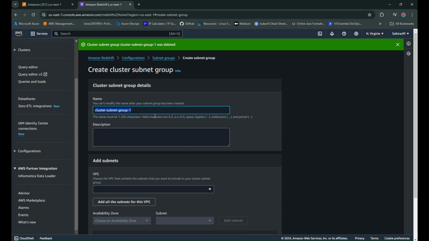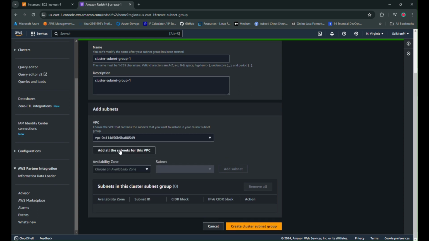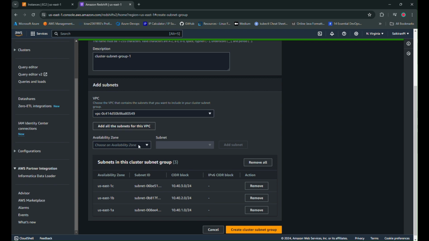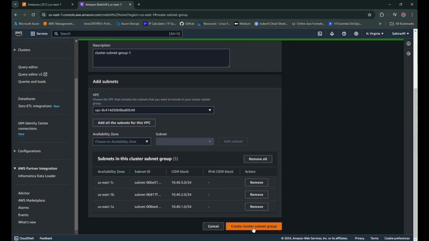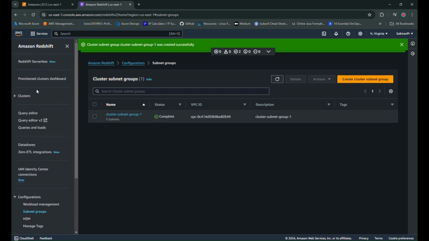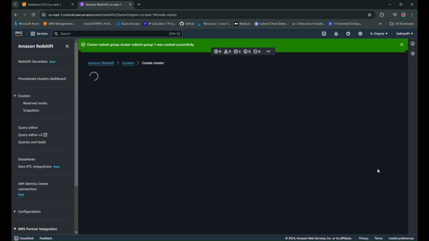Leave the name as it is. Make sure you're pasting the description and selecting the VPC. Allowing it to all subnets. That's the reason why I have added all the subnets here. Okay. And then create subnet group cluster. Once this is done, what you have to do, you have to go and create the cluster. Click on clusters, create cluster,